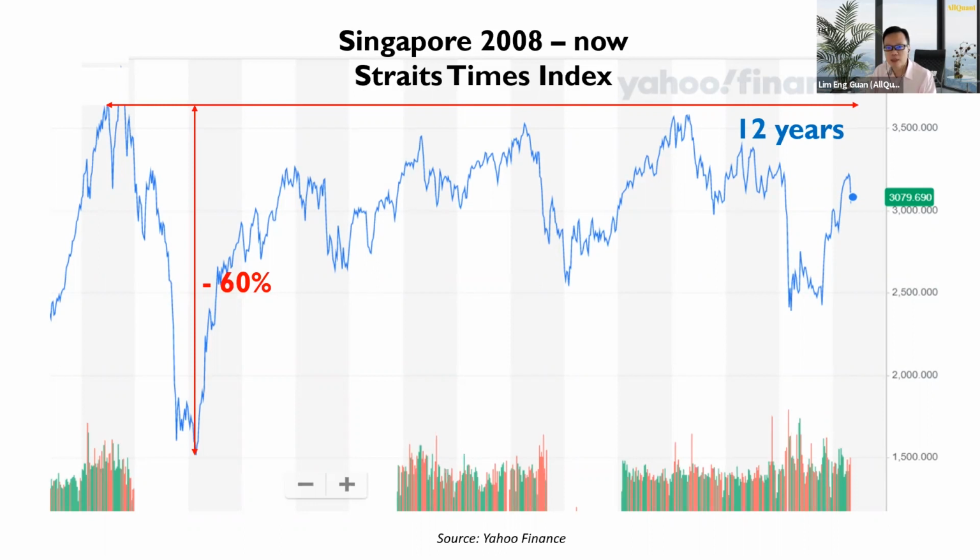We don't know, right? And when another crash, let's say, comes along to derail everything before we can even recover, we don't know as well, right? But if another big crash comes along, the question is, do we still have another 20 to 30 years to